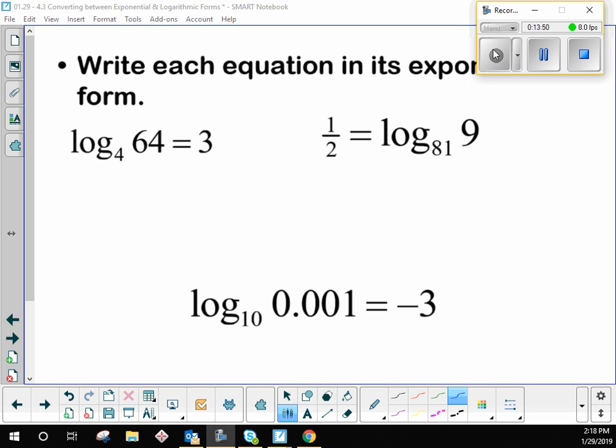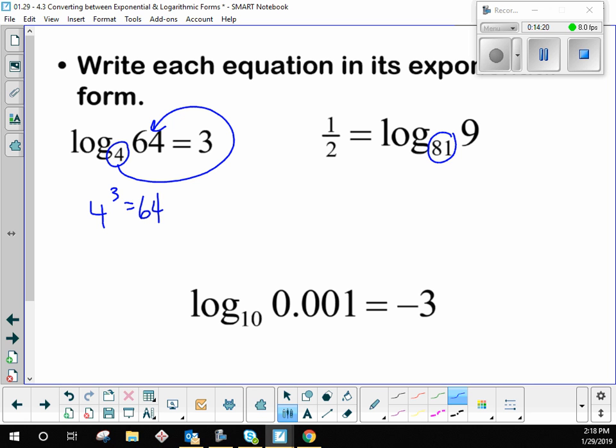On this first example, what's the base? 4. To get to the opposite side, do I start left or right? Right. Okay, to go to the opposite side. So this becomes 4 to the 3 equals 64. And then check yourself here. Does that make sense, that 4 cubed equals 64? Yeah, right, because 4 times 4 times 4, 16, 64. The second one,